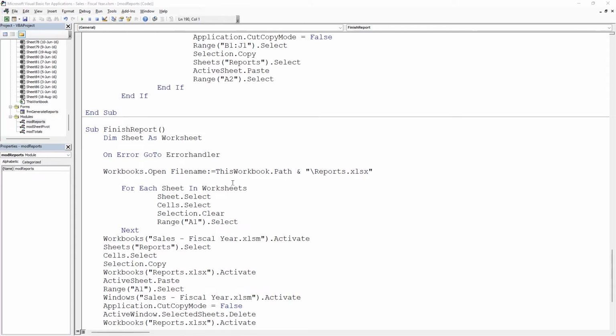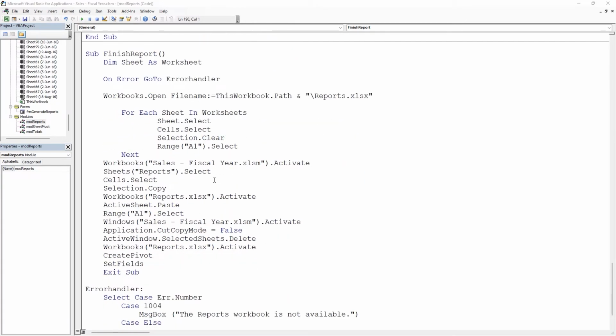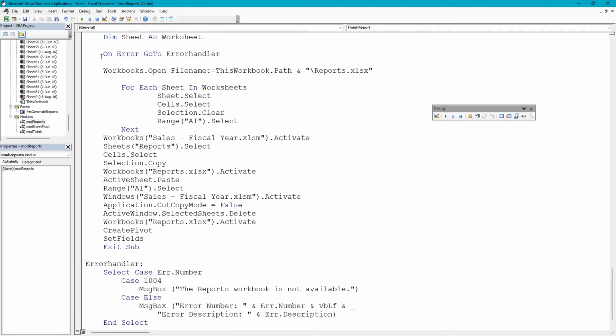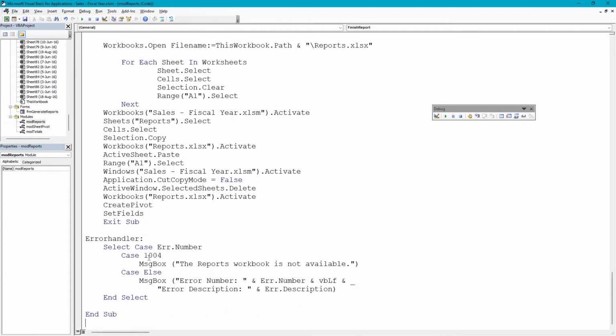Let's go ahead and compile and save, and then we'll review our error trapping code and test it. We started with the On Error GoTo statement where we used ErrorHandler as a line label. So if an error is encountered, it's going to look for the ErrorHandler line, and before it does so, it's going to exit the sub procedure. So we're going to go down to the ErrorHandler line, and it's going to execute the code that we